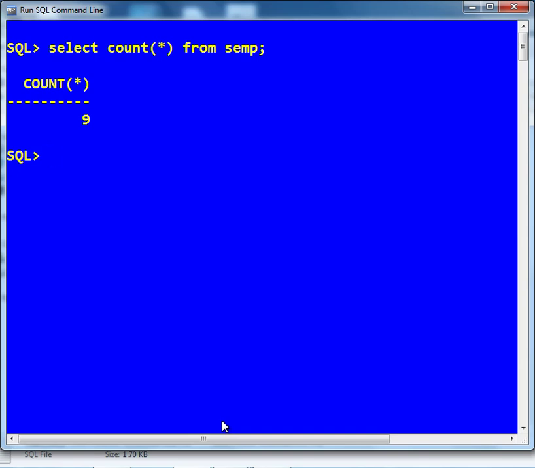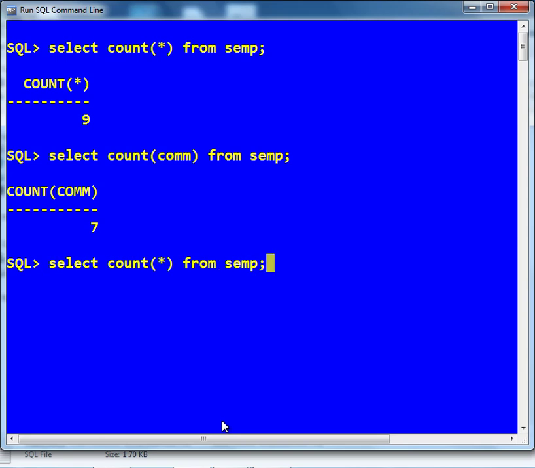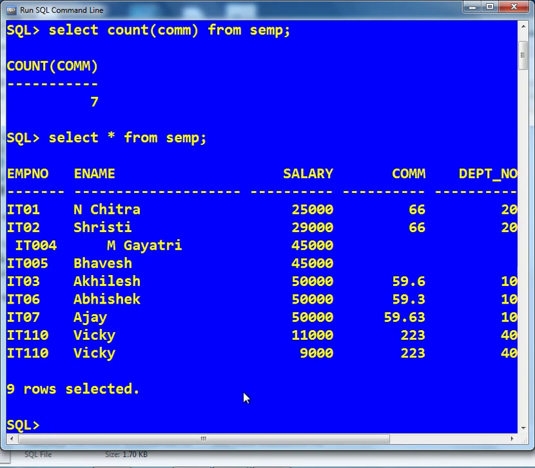Now I can find the total number of rows according to a particular column. Select count commission from ACMP. So it is giving me 7. Why is it giving me 7? Just see the table, select star from ACMP. Here we have the number of rows 1, 2, 3, 4, 5, 6, 7, 8 and at last 9.